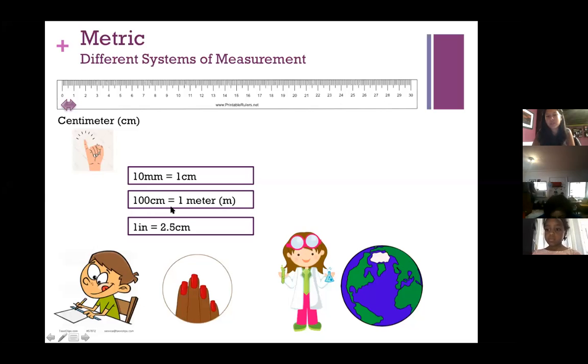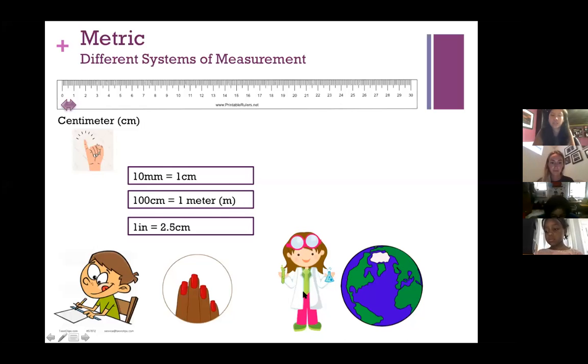100 centimeters equals 1 meter. Now, the problem here is that in the United States, we don't use the metric system all that much. Scientists use it, and a lot of other countries use it. A lot of countries in Europe, a lot of countries in Australia, they use the metric system. We use something a little bit different, and I'm about to introduce that to you as well. So the metric system, we know scientists use it, and we know other countries in the world use it, but